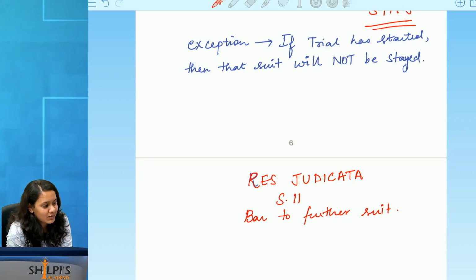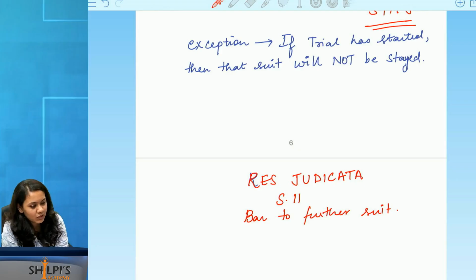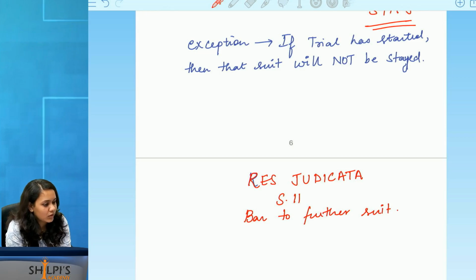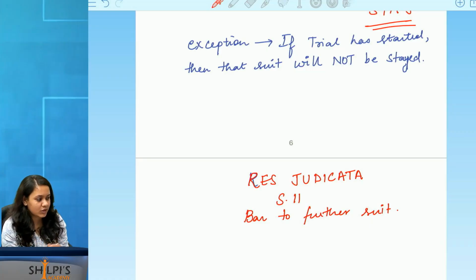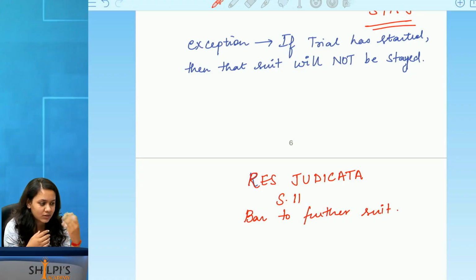But see, article 20 is a criminal law provision. It's a criminal law protection. So in criminal law, you are protected against double jeopardy. What then about civil law? Shouldn't the same concept apply to civil law also? It does apply through this principle of res judicata. It's just not given as a fundamental right, that's all. Why? Because criminal law sends you to jail and can even give you a death sentence. In civil law, you're not going to get a death sentence. Maximum forfeiture of property, payment of fines, that's the maximum extent of civil punishments that you're going to get.